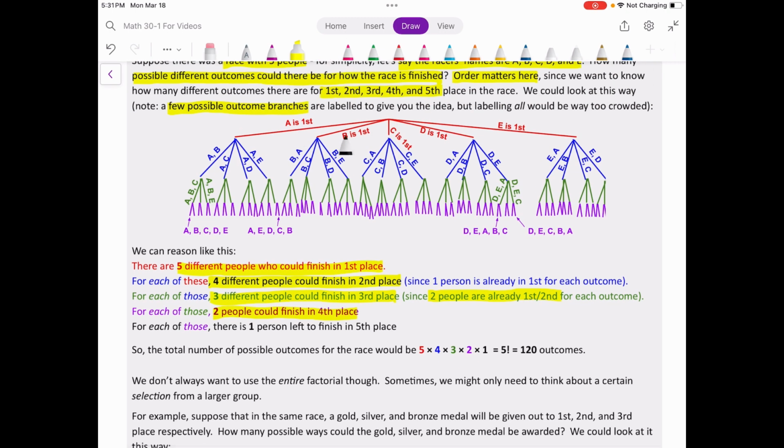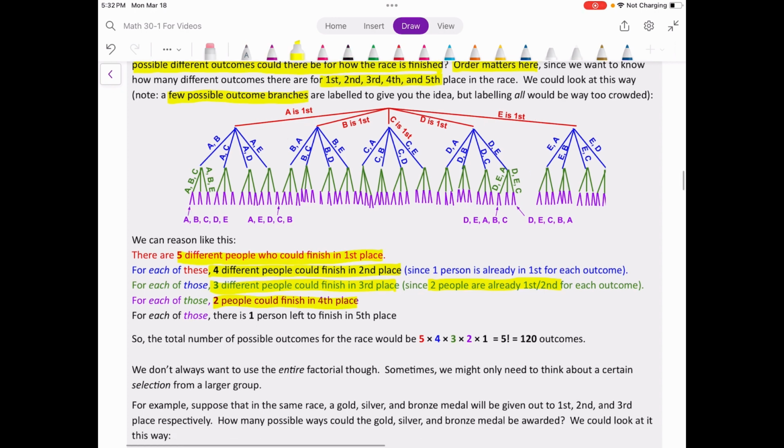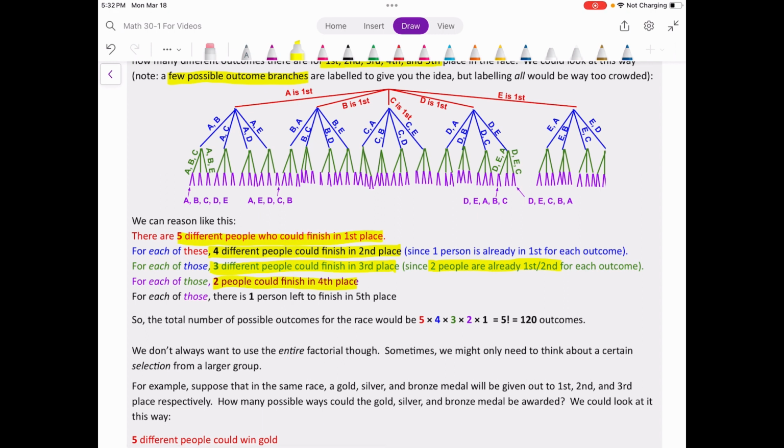There's 5 different people we could put in first. For each of those, there's 4 different people we could put in second, right? For each of those, there's 3 different people who could go in third who are left, right? And then for each of those, there's only 2 people left to put in fourth place, right? So 2 different outcomes still, okay? But 2 options there. D in fourth and E in fifth versus E in fourth and D in fifth